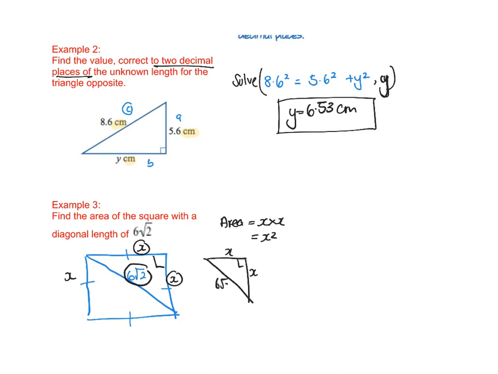And because I only have one unknown, I can work it out. So I just plug it in. It would be 6 times square root 2, squared, equals x squared plus x squared. Now you can still use solve, and you can see how we want to know what the area is anyway. So let's just say comma x squared, so we don't have to worry about squaring it at the end. So if we did that, we get,